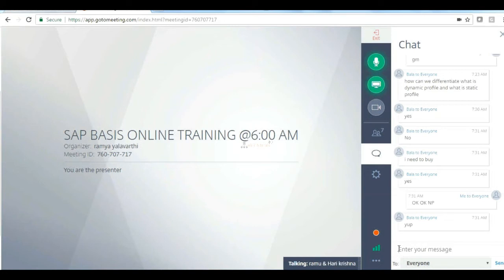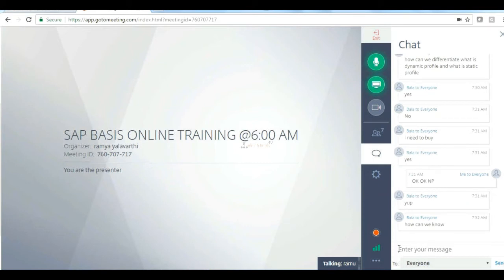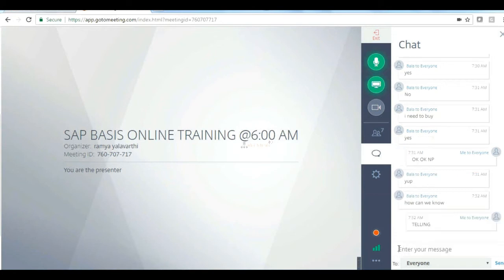Yes, sir. And SAP restart is mandatory, but a database restart is not mandatory, okay? Because these profile parameters are related to only SAP. So if I restart the SAP application, then it's enough. No need to restart the database.